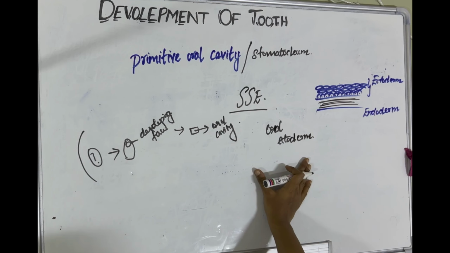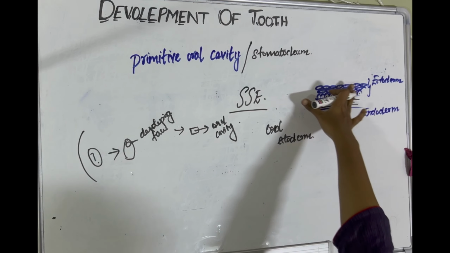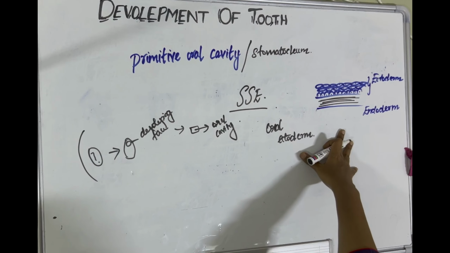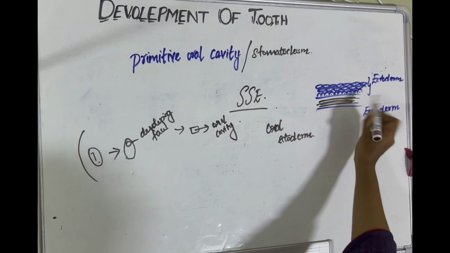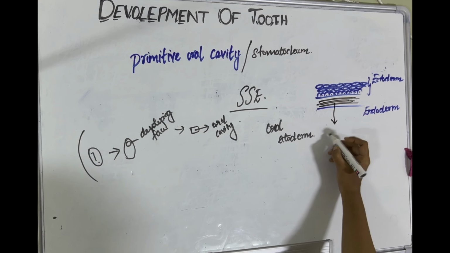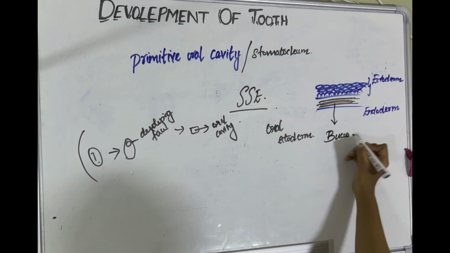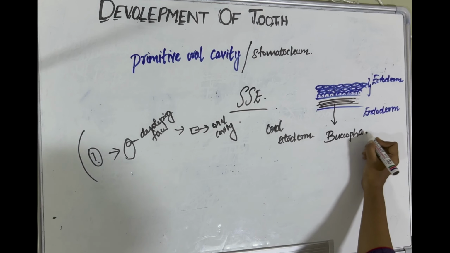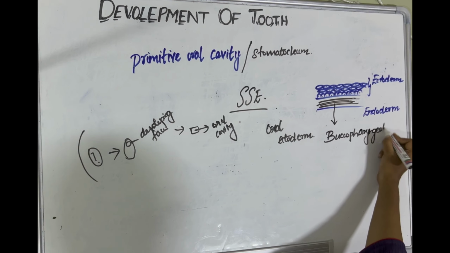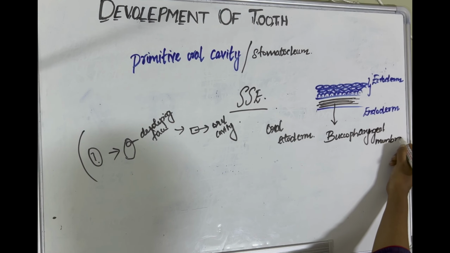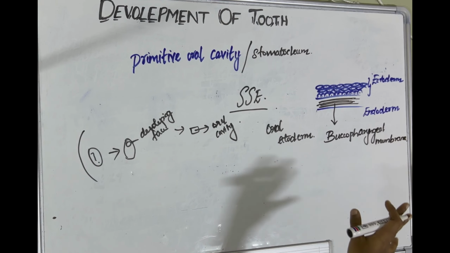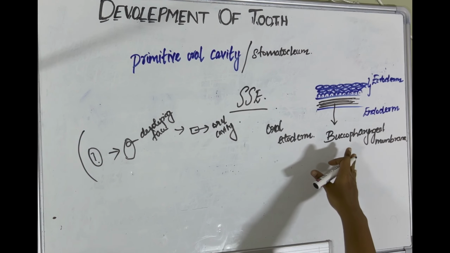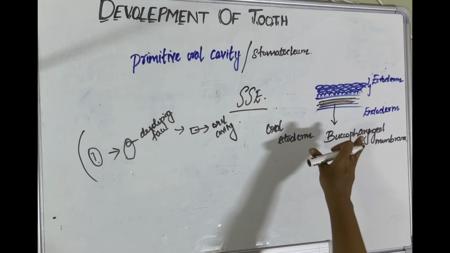The oral ectoderm will be in contact with the endoderm. Below the ectoderm we have a layer of endoderm, and this will be in contact with the membrane. The black color is a membrane. Which membrane is this? It's the buccopharyngeal membrane. Thus, the endoderm and ectoderm will be in contact with each other together with the buccopharyngeal membrane, and almost at